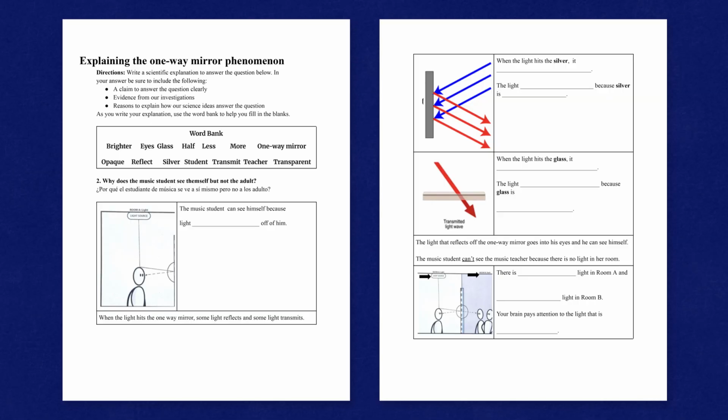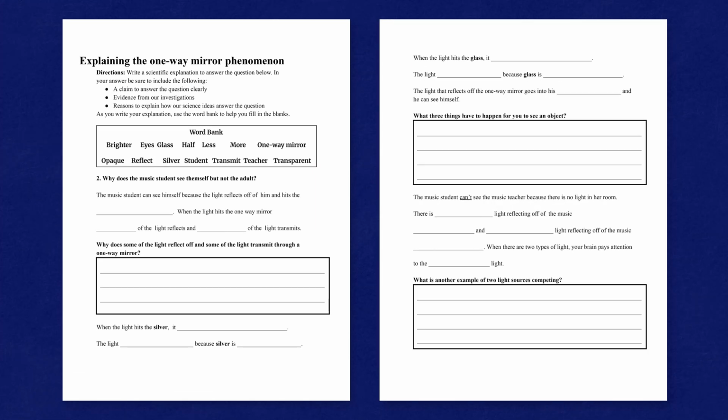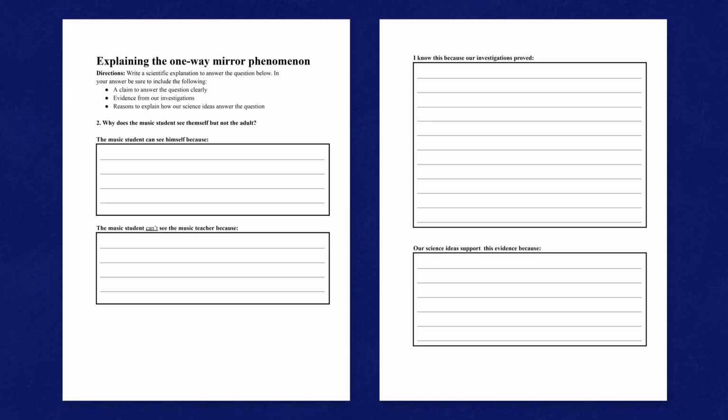Once I have this highly scaffolded task, I can remove supports to create additional versions with my other learners in mind. For example, I made a copy without the visuals and translations for students who are further along in their English proficiency. And for students who need even less language support for writing, but they would still benefit from additional prompting to get all of their ideas down, I removed the word bank and the closed-ended sentence frames to create